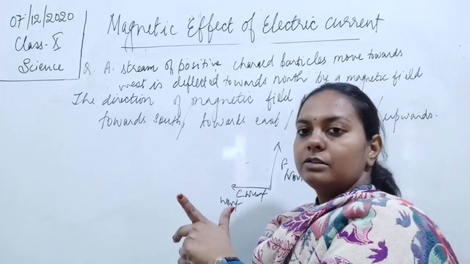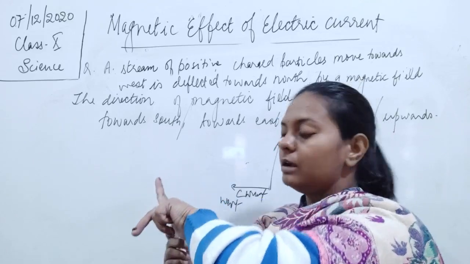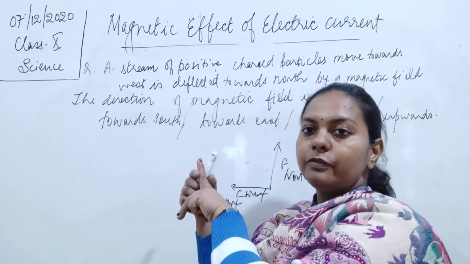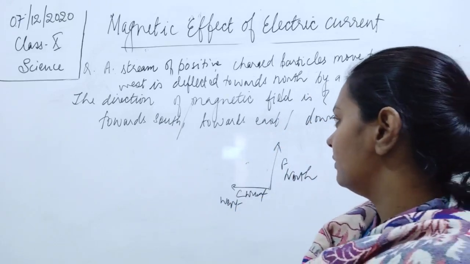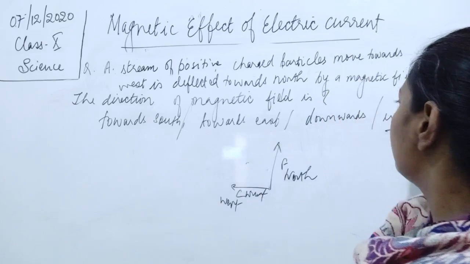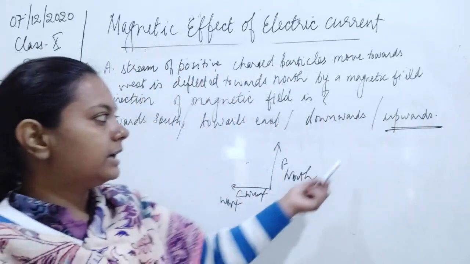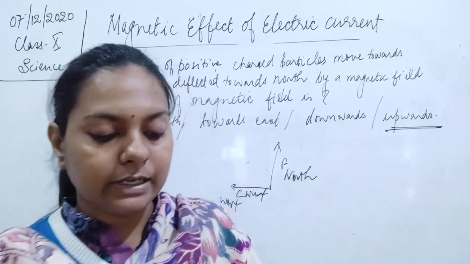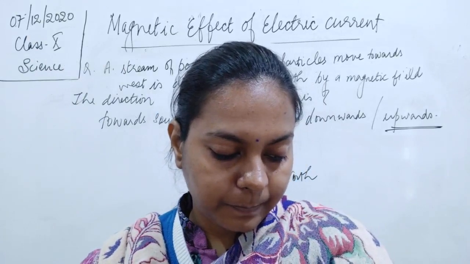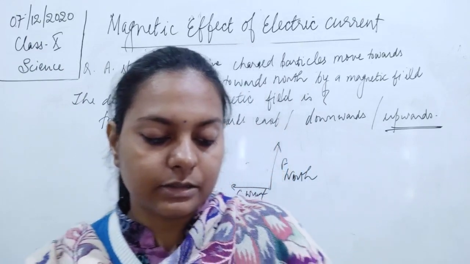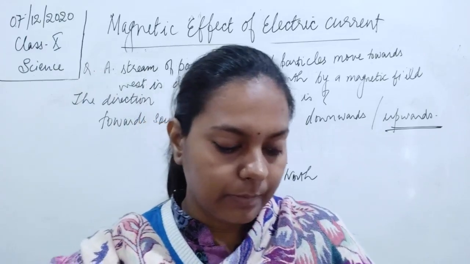ठीक है, towards west है. तो ये ऐसे करोगे तभी होगा, तो ये क्या हो जाएगा? ये जो फोर फिंगर है, this points to the direction of the magnetic field that is towards upwards. So the answer is upwards, मैग्नेटिक फील्ड किधर होगी? मैग्नेटिक फील्ड will be in the above direction. Okay, you have to adjust your four fingers, your middle finger and your thumb.